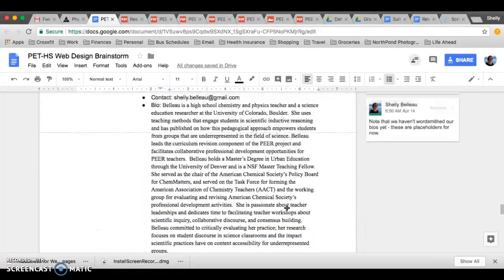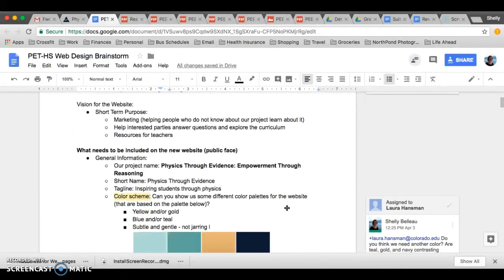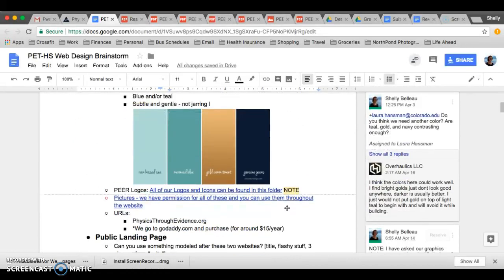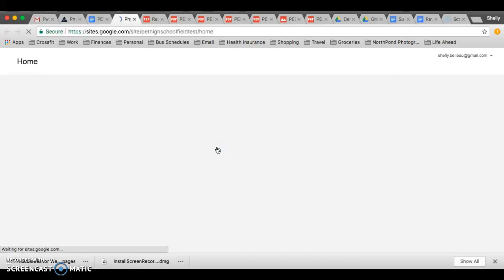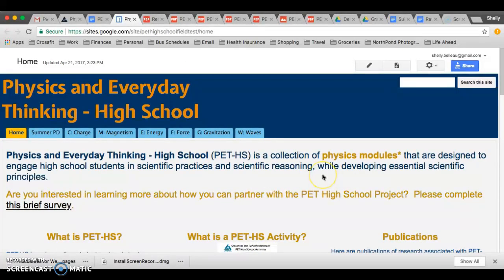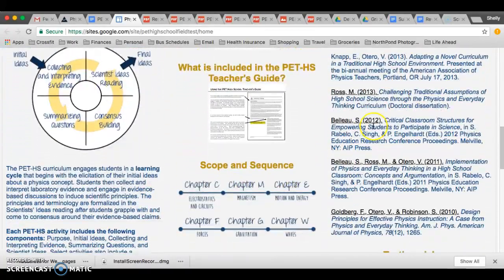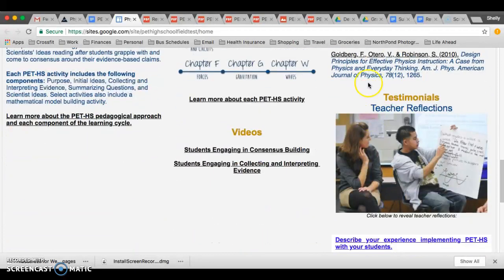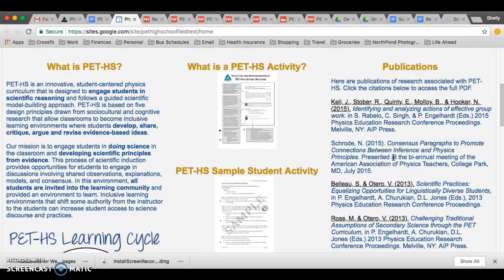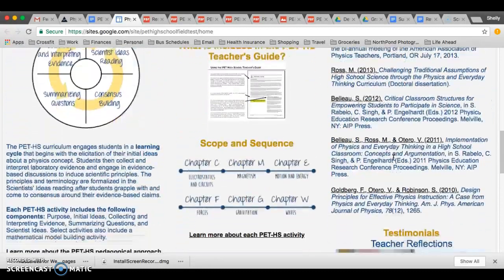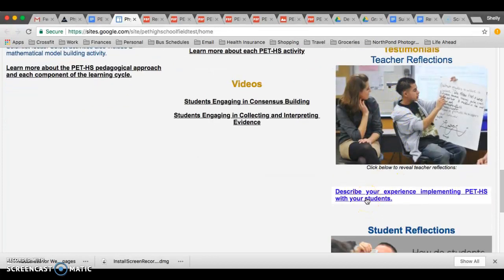The only other thing I wanted to show you is you had mentioned that you weren't able to access the testimonials, and I just wanted to show you that they are here. So when you go to our main page on the right hand side, there's this list of publications, which I'm not having you use. Just note, don't use these. In fact, you're not using really anything from this main page. It's all in that new Google Doc. But down here, teacher testimonials, you actually have to click on the